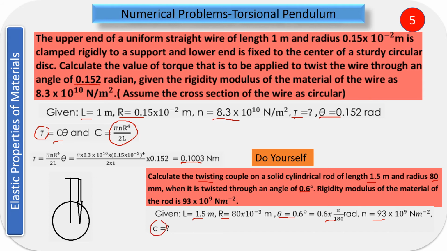So let us suppose this is your equation number 1. So straight away you apply equation number 1. All the values are given to you, right? So put all those values in your scientific calculator and find out your answer. So your answer should be 3.81 into 10 power 8 Newton per radian. So this is the twisting couple that is required to twist for the given value of the angle. All right. Now let's move to the next problem.